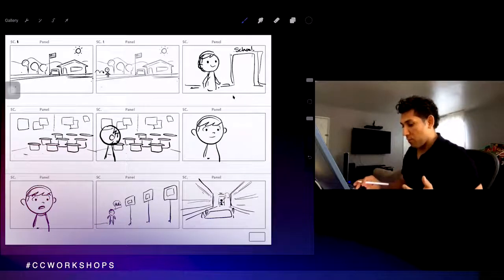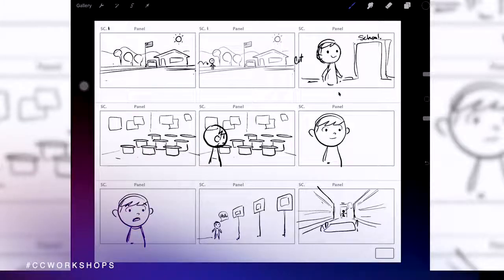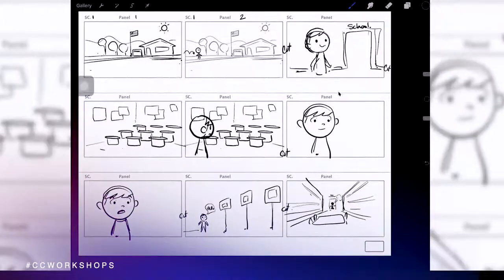So now before we move on to the next thing, you want to label your scenes. Like for instance, the first scene, since the camera has not cut, this will be a cut here, cuts from here to here, another cut here, another cut here. Can you see that? The camera changes. There's a cut here and a cut here. So now you want to label scene 1, panel 1, scene 1, panel 2, scene 2, panel 1.